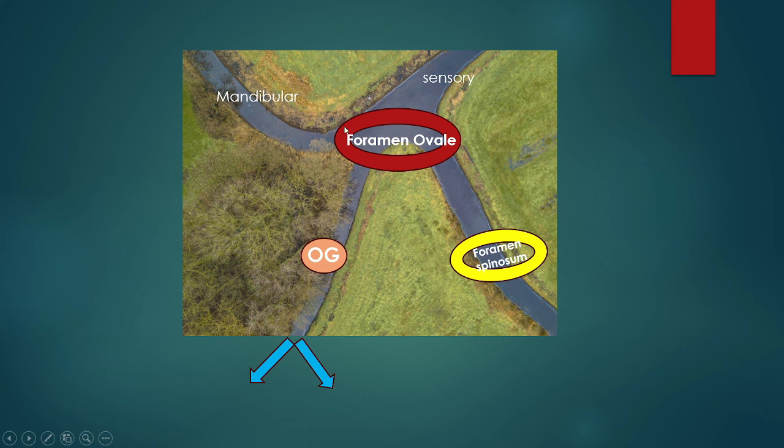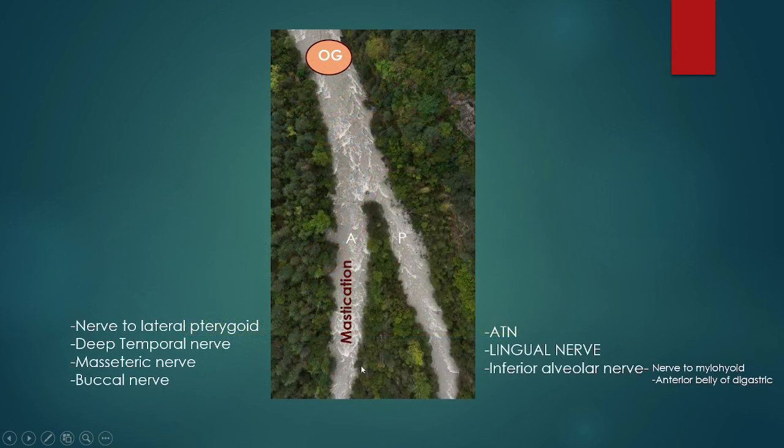What about the mandibular branch? After passing through the foramen ovale, it relays first of all onto the otic ganglion, very important. And then it gives two very important branches. Which two branches? Just consider this river as the mandibular branch only. Over here it was the mandibular branch relaying onto the otic ganglion, and then it divides into two branches further, that is the anterior branch, A is anterior and P is posterior branch.